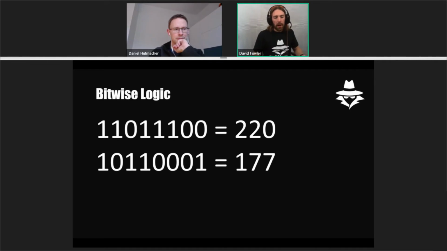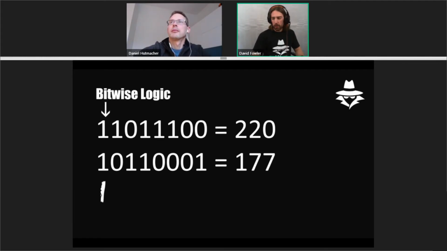So how do we go about applying a bitwise AND to those two bytes? Well, remember what I said earlier on. Bitwise logic works on the individual bits of the values. So we're going to have to work through this bit by bit. We're going to start over on the right-hand side, with the most significant bit. We're going to apply a bitwise AND to the most significant bit of 220 and its corresponding bit in 177. The most significant bit of 220 is a 1. The most significant bit of 177 is also 1. We know that if we apply a bitwise AND to a 1 and a 1, we're going to get back 1.